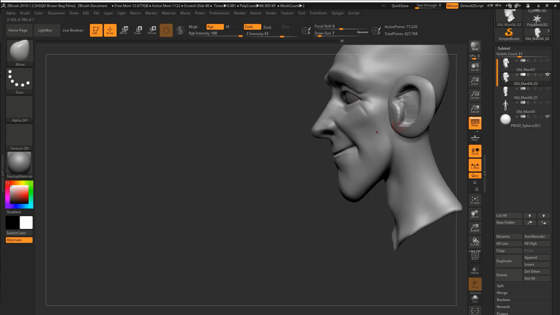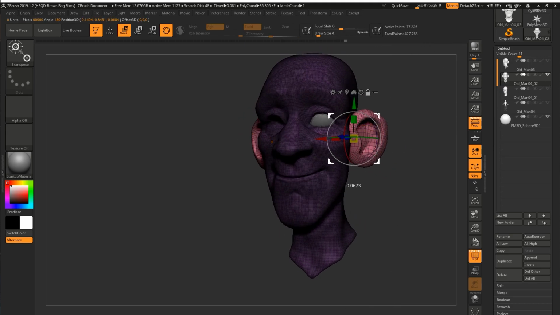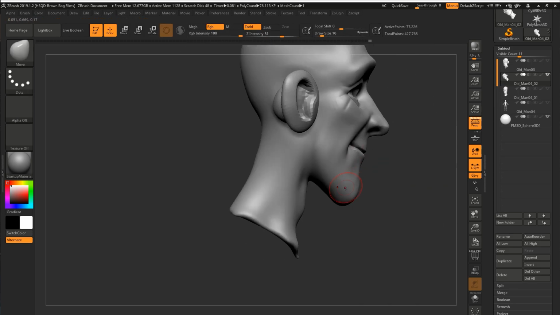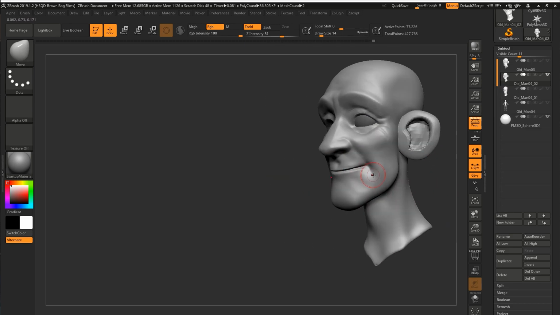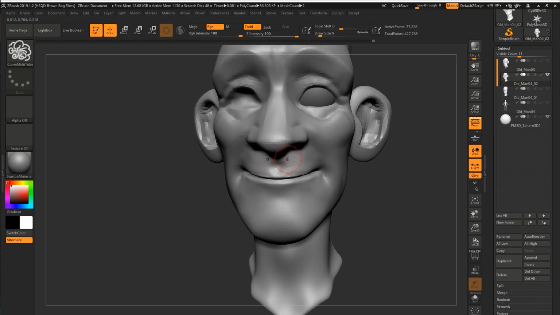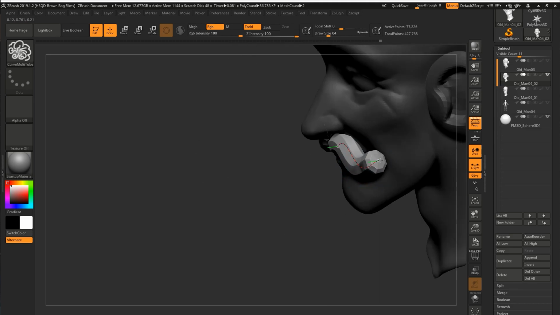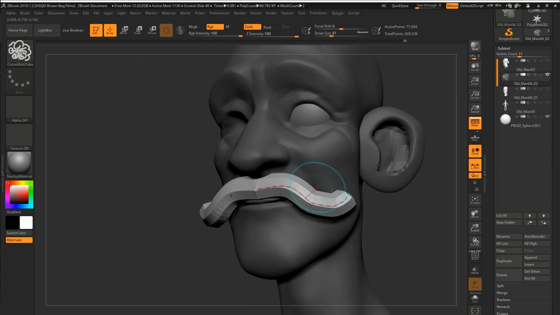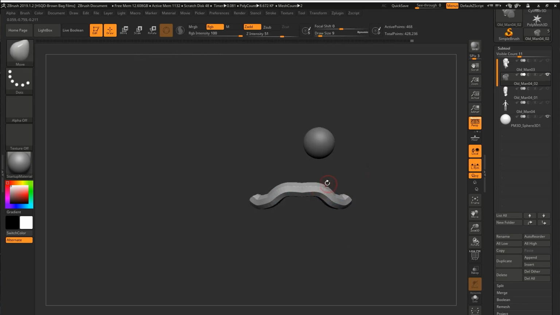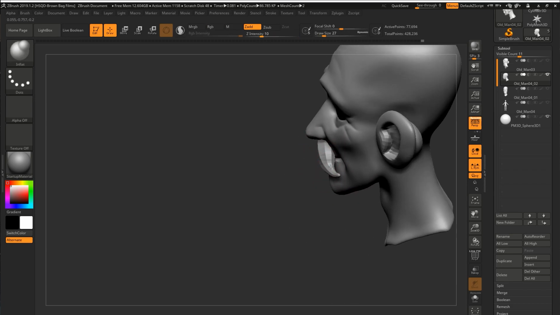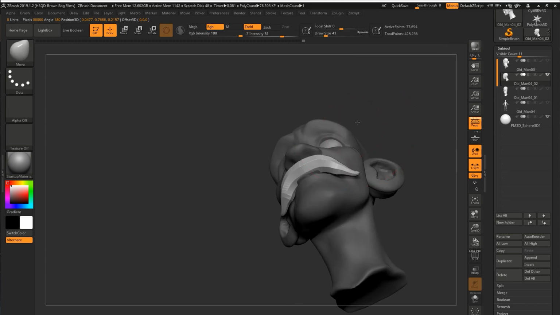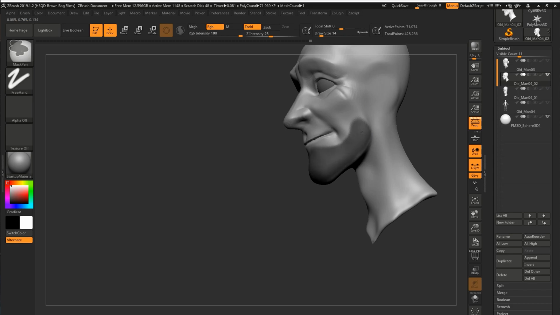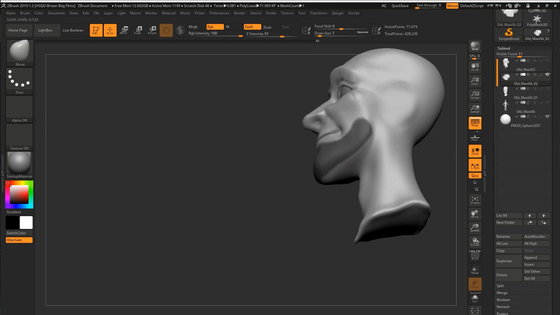So almost done with the blocking out stage of this, and after this I'm going to quickly jump in and block some of the hair volumes and beard, which I'm going to do by masking and extracting. And I decided to try and give him a bit of a mustache, just to see if I'm going to like the direction that's going. So just taking the inflate brush and inflating the middle section, and then using the smooth brush to taper as it goes towards the tip. And then here goes the